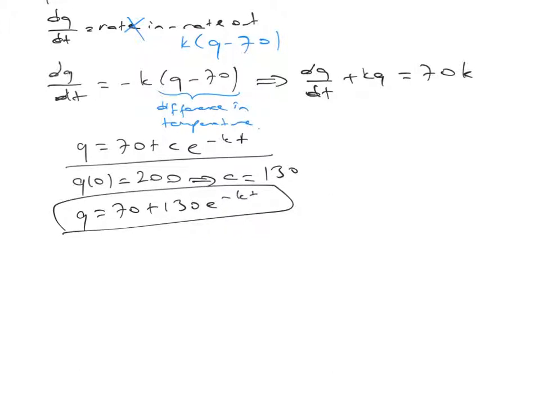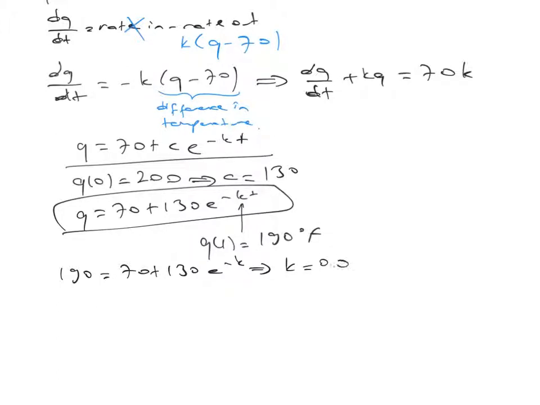We will use the extra given information to find this k value, which is Q of 1 is equal to 190 degrees Fahrenheit. So 190 is equal to 70 plus 130 e to the minus k, and from here k is roughly equal